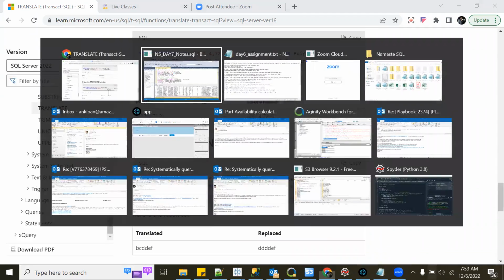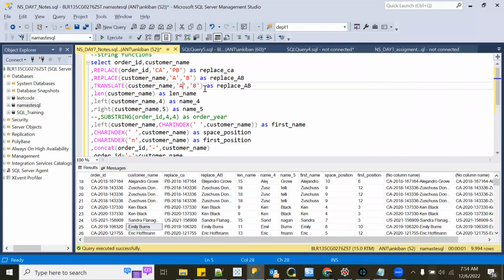Okay, so again, you have to pass 3 arguments, and let's say I want to do AG. Let's take AG, to